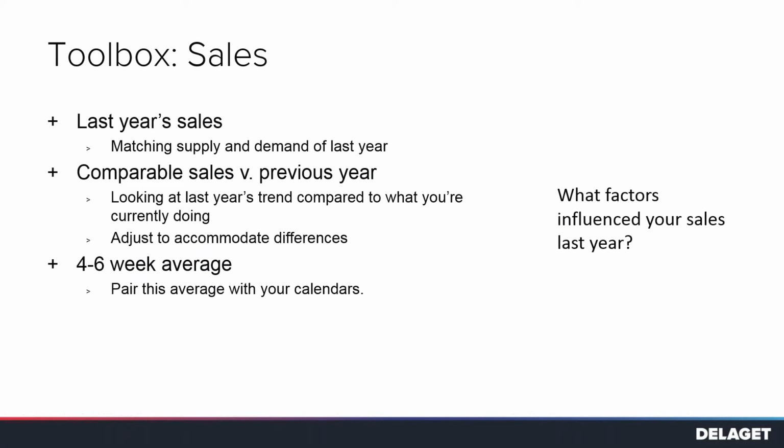A 4 to 6 week average is typically a default in building your schedule. It can certainly be effective in building your forecast and your schedule within the framework of using the calendars that we described earlier. And a great example now, and we're in that time of year, if you're building your schedule for the middle of September and you're using a 4 to 6 week average, you're probably going to be over forecasted in most brands, as typically right after school starts, at least in the quick service business, we see a dip in sales and transactions as people are getting reacclimated to their personal schedules around their family and the school and school activities and those types of things.